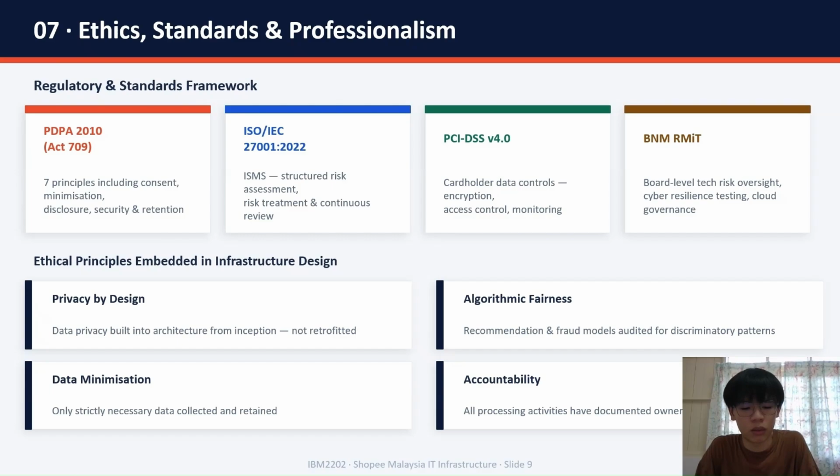At the design level, we embed four ethical principles. First, privacy by design means data protection is built into architectures from inception. Second, data minimization ensures we only collect what's strictly necessary. Third, algorithmic fairness requires that recommendation and fraud detection models are audited for discriminatory patterns. Our algorithms must not penalize specific demographic groups. And accountability means every data processing activity has documented ownership demonstrable